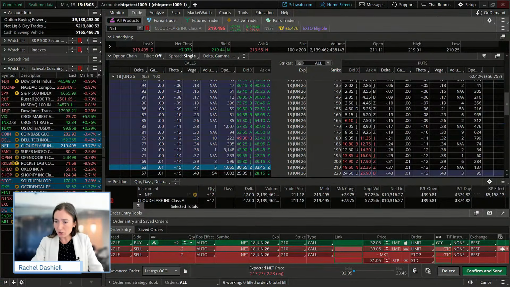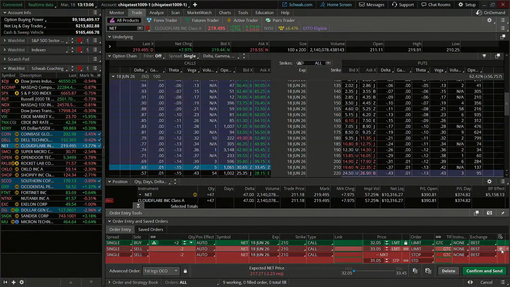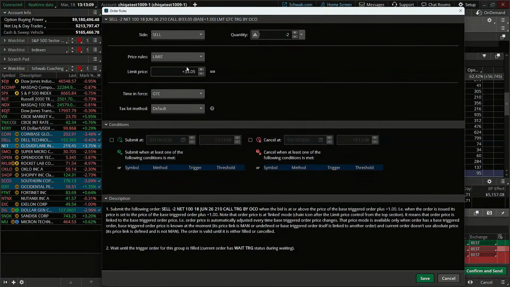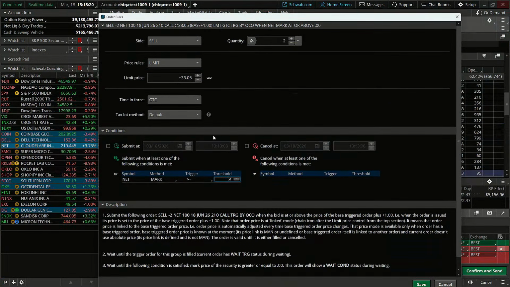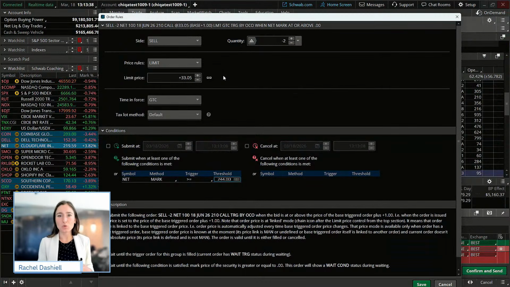So we're going to go to the conditional order entry and click on the gear on the right hand side. And we are going to say when the price is greater than or equal to, what was it, 244. I already forgot what it was. We're moving slow today. So when the price of the stock is greater than or equal to 244, since we don't necessarily know when price is going to get there, if it's going to get there, what the price of the option is going to be at that time, if it does get there, we can actually use this as a limit offset.